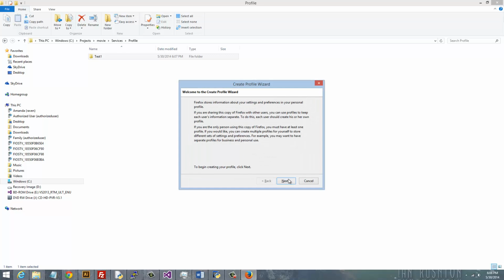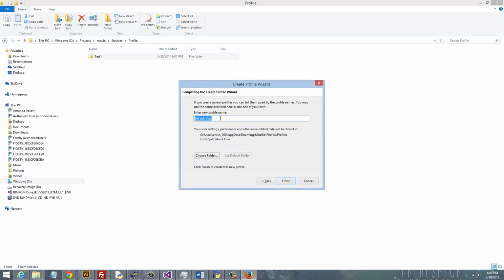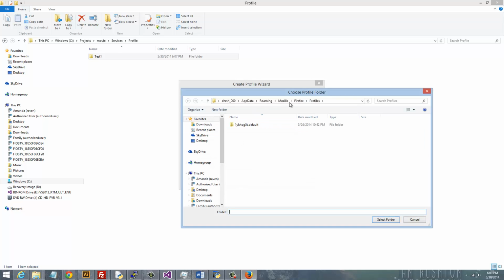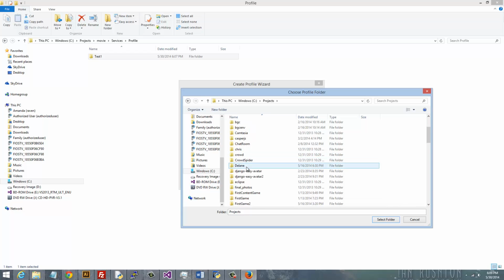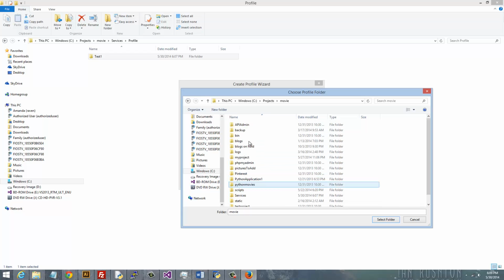and we're going to create our profile. It says default user, and I'll just call it Chris for my name. And I want to choose the folder so that I can pinpoint where it's at a little bit easier. So let me go to where my projects directory is located right now,